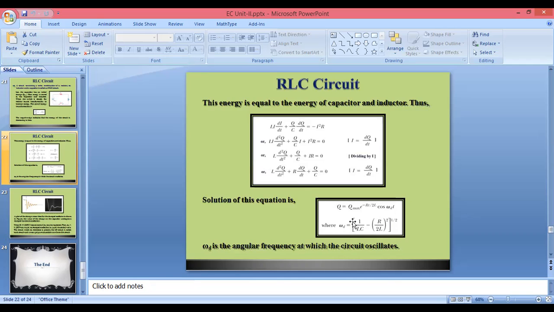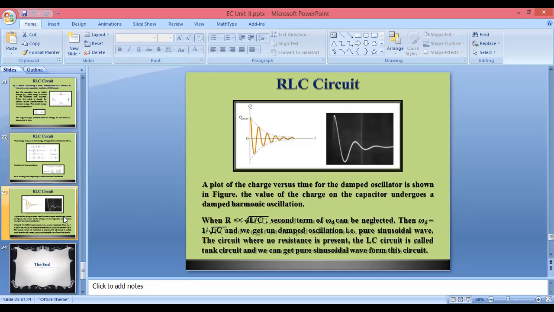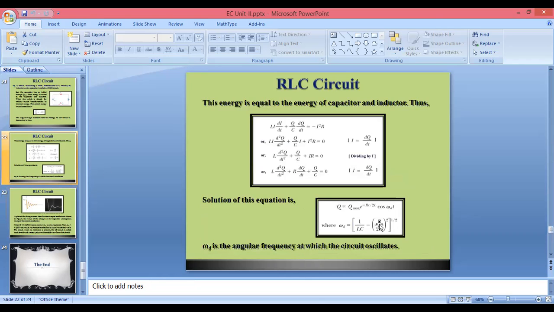So this angular frequency का equation क्या है? We are getting here W equal to in bracket 1 upon LC minus in another bracket R by 2L square, whole bracket 1 by 2. उसका जो square है वो 1 by 2, means these things are in a square root. So what we are saying, if the value of resistance is lower as compared to 4 square root of L by C, then we can neglect the second term. We can neglect the second term in this equation of angular frequency.